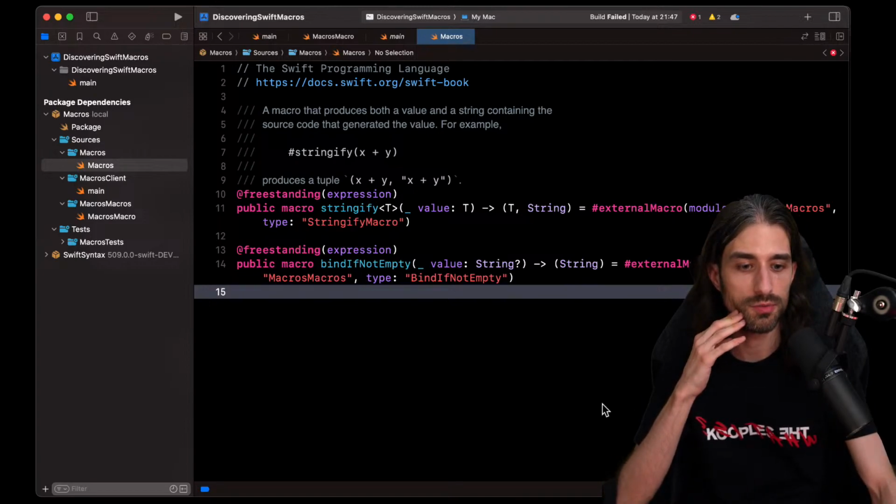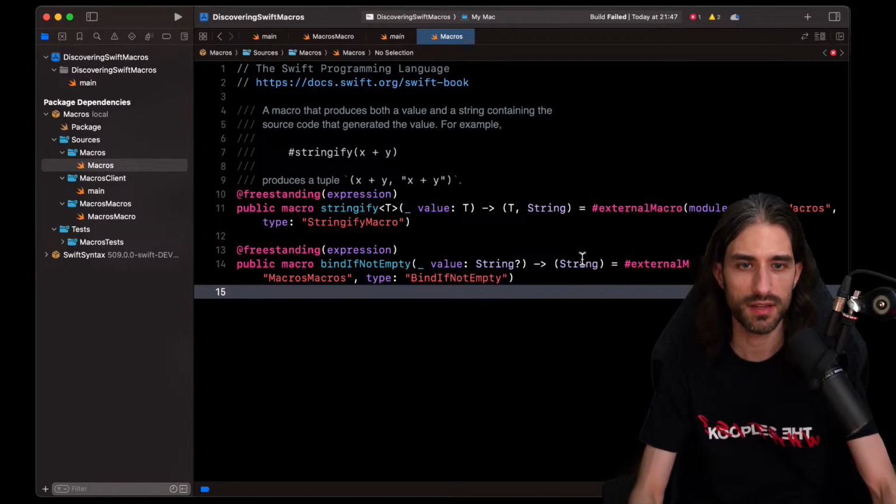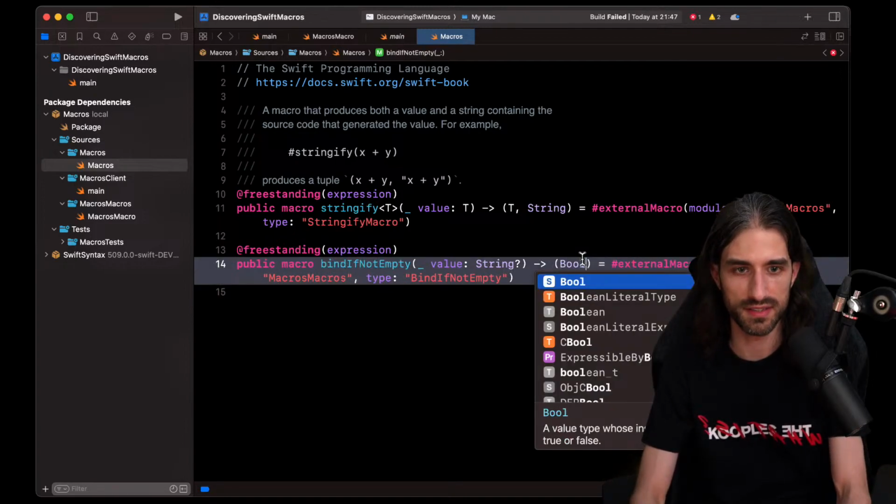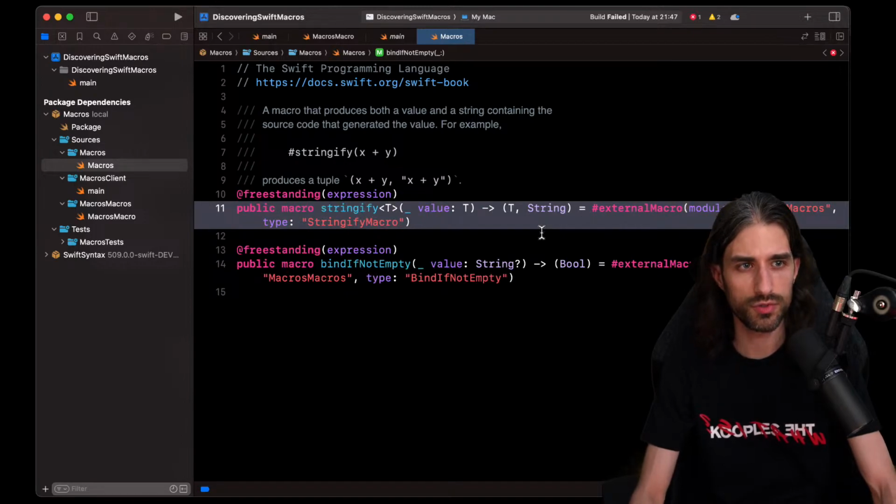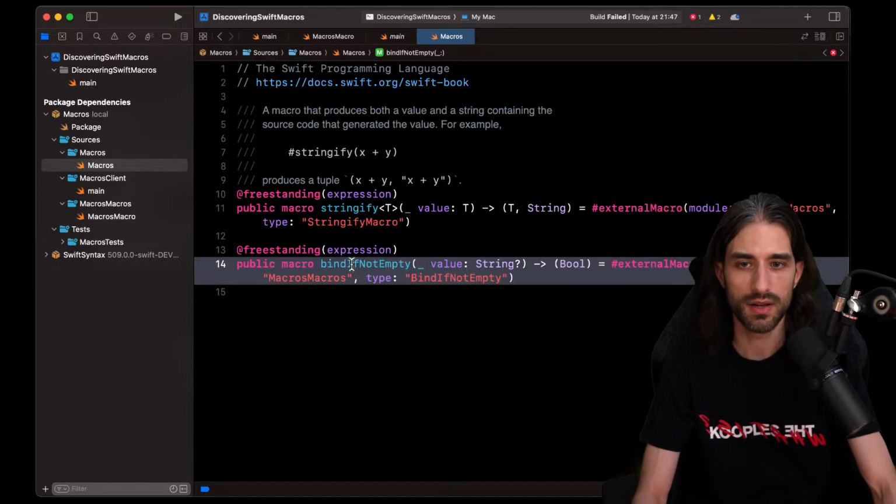You're saying I can return a bool. Yes, you're right. I could return a bool for now, indeed. Let's do that. It still won't give me a binding because I won't be able to use the variable in a way, but it could return me a bool, indeed.